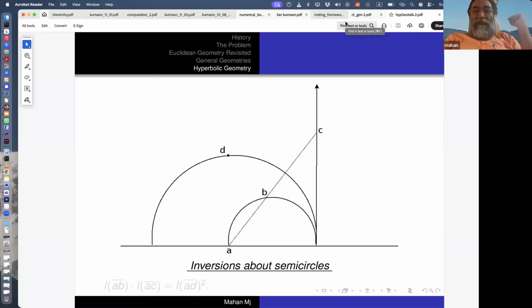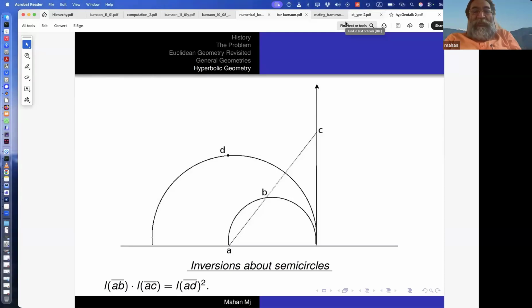From this, you get that these triangles are similar. And from that, what do we get? You get that the length of AB times the length of AC is equal to the length of AO squared, which is the same as the length of AD squared. I mean, that's the radius. And what was AD? It was 1. It means basically the length of AB times the length of AC is equal to 1.